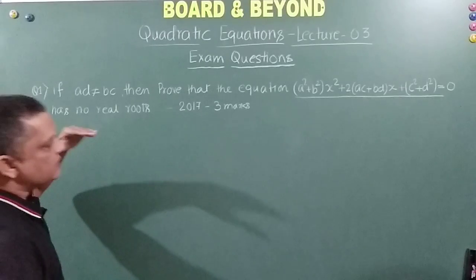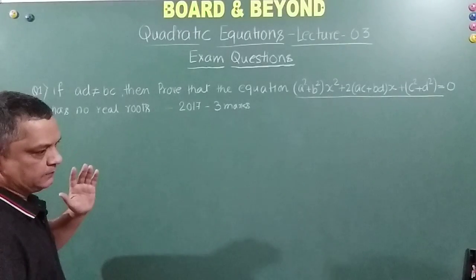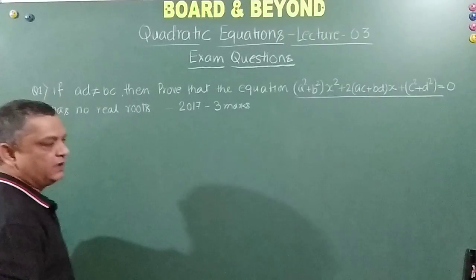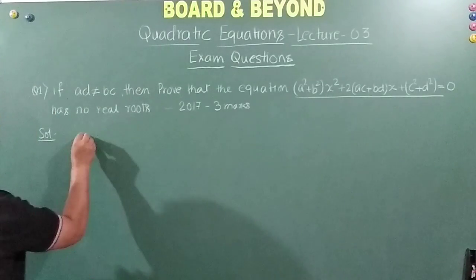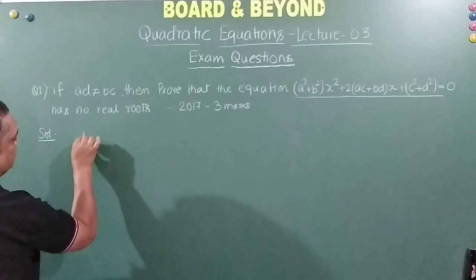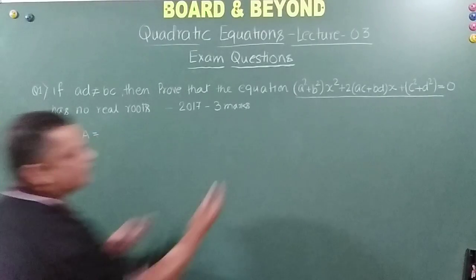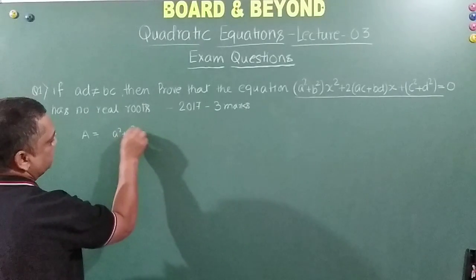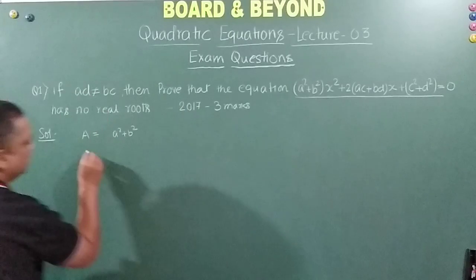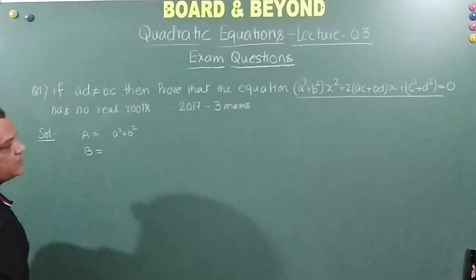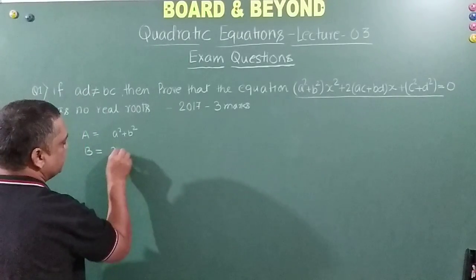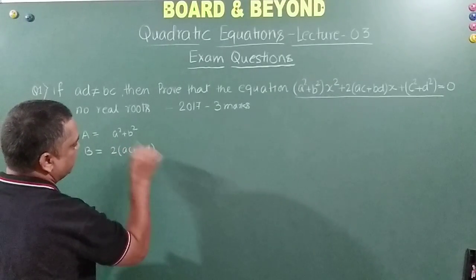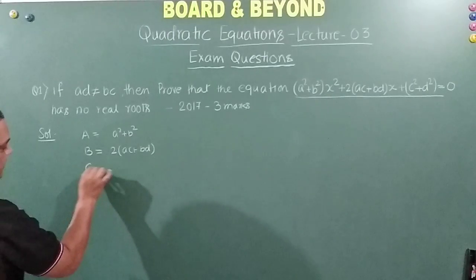First, list down what is A, what is B, and what is C. Since small a, small b and small c are involved here, I will write it in capital, right? So let's say capital A is nothing but the coefficient of x square, which is a square plus b square, right? You're getting it? B, the coefficient of x, is nothing but 2ac plus bd, right friends? And C is nothing but